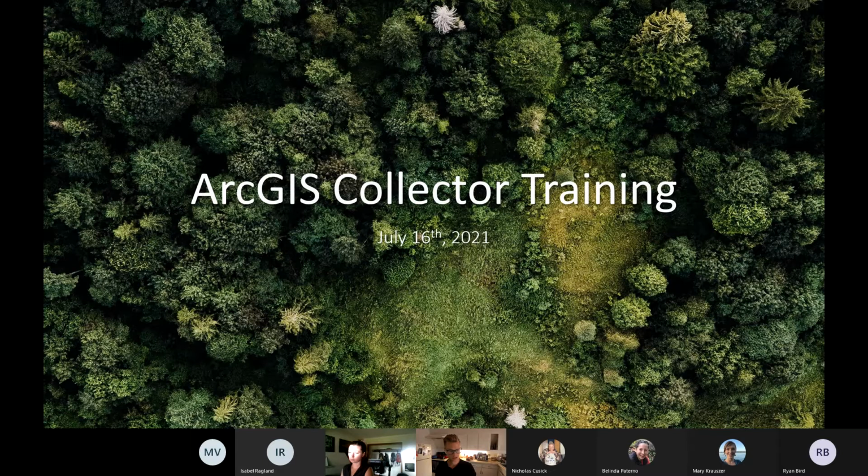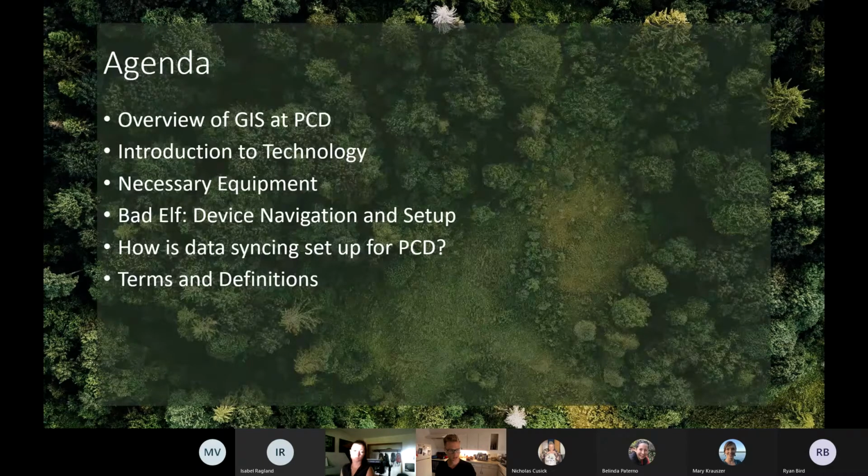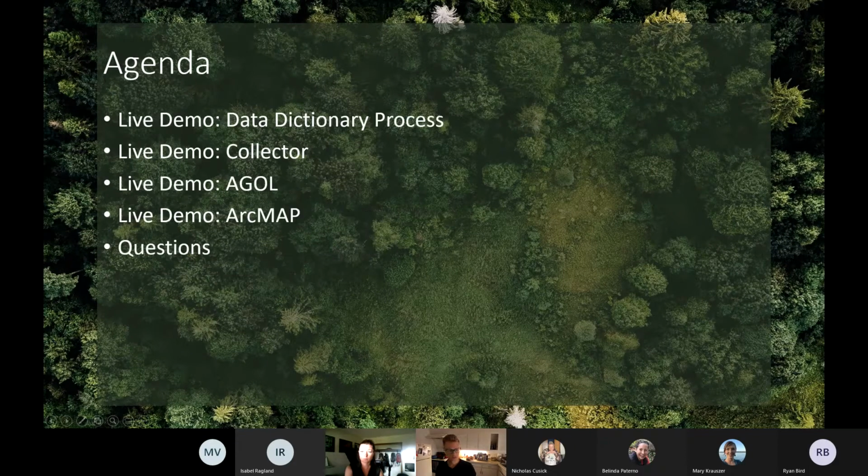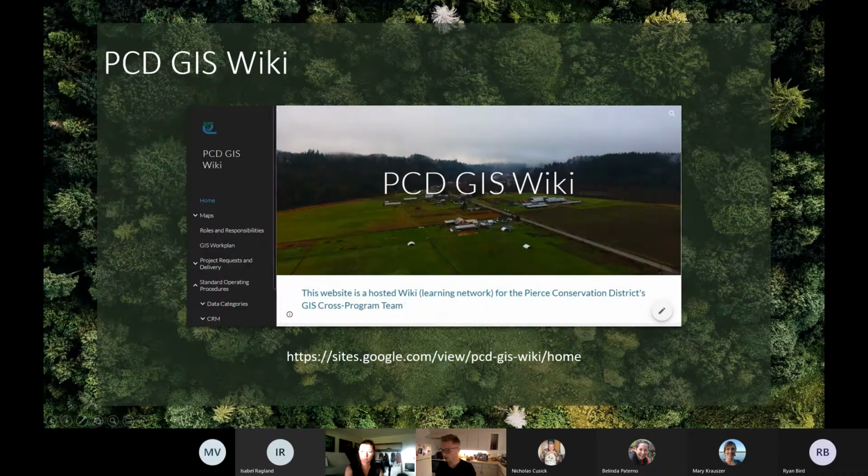I'll be getting into all that in a little bit, but I did want to provide some context up front about what you need to use Collector, whether it's the technology and the equipment, how the data is actually set up in some terms, and then we'll be getting into those live demos. So with the trainings and those folks that are outside that aren't in the GIS, which is now the data team,